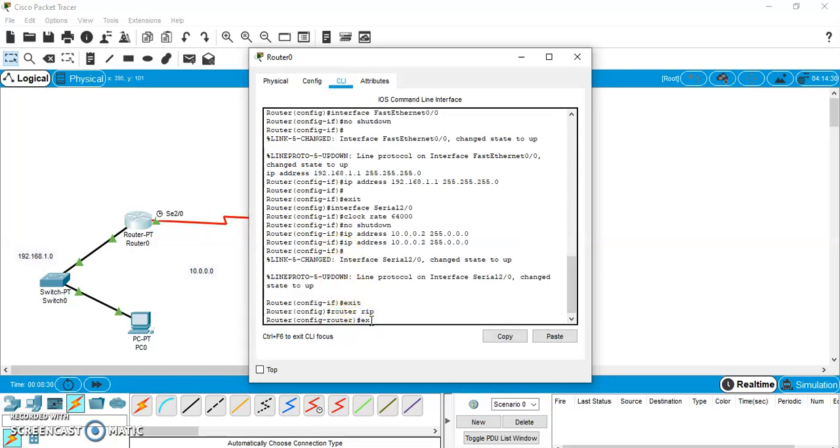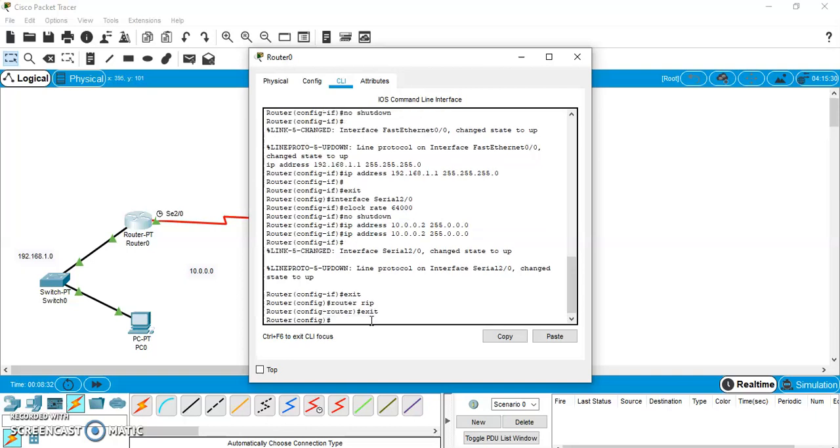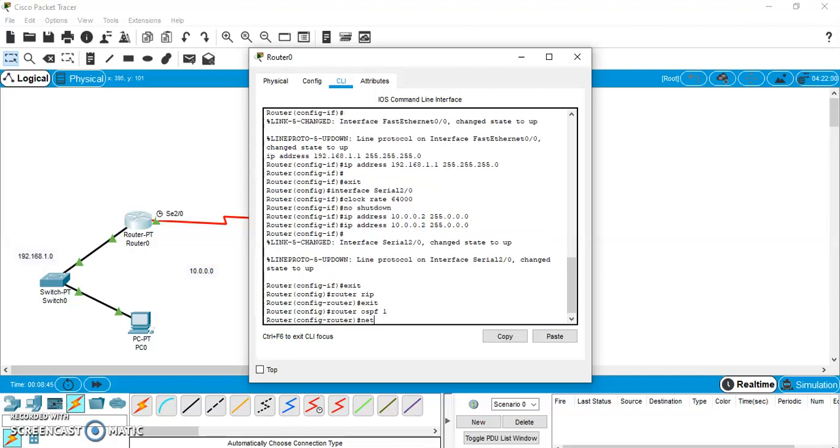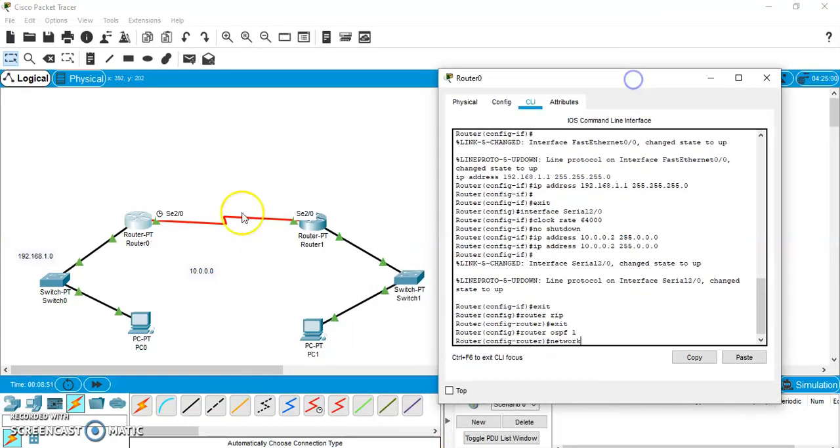Now you are supposed to write exit first, and then write the commands for configuration of OSPF. Router OSPF 1, network. Now we are trying to configure this router. It is connected to two networks, this one and this one. So I am supposed to write network